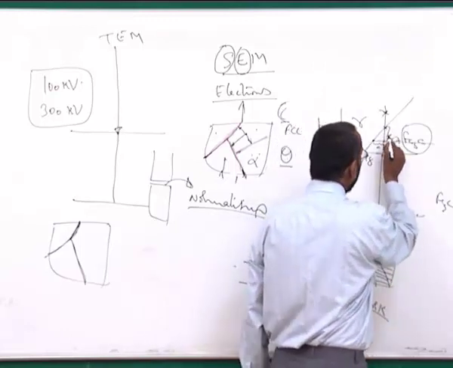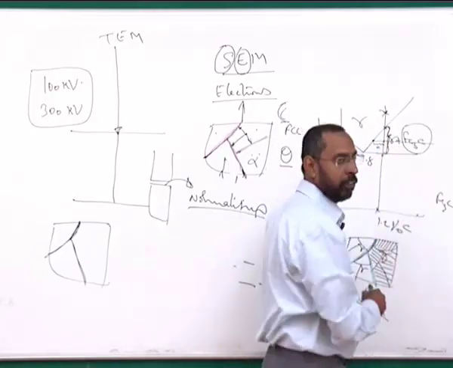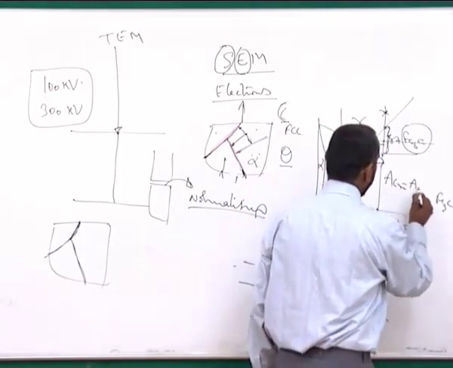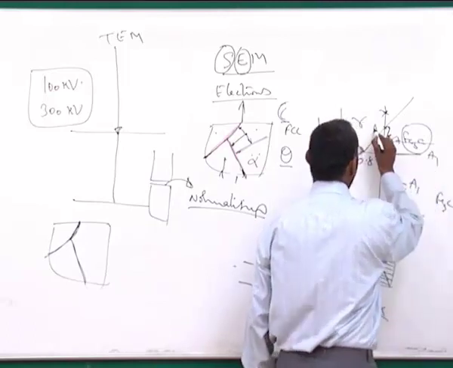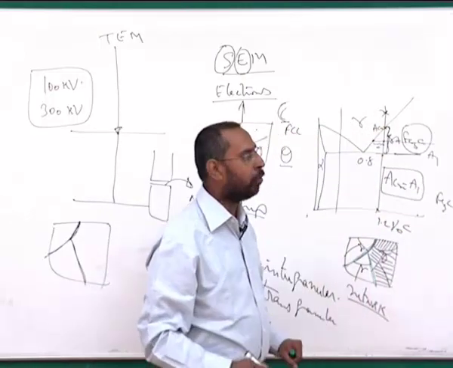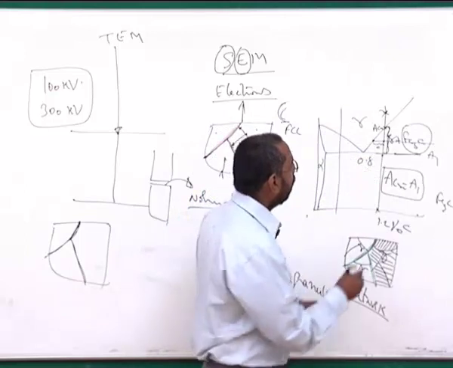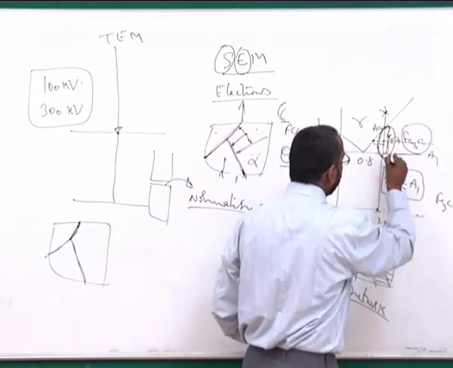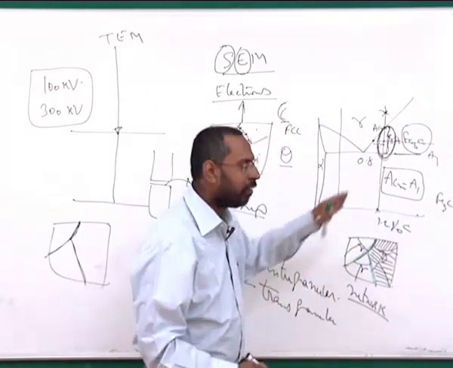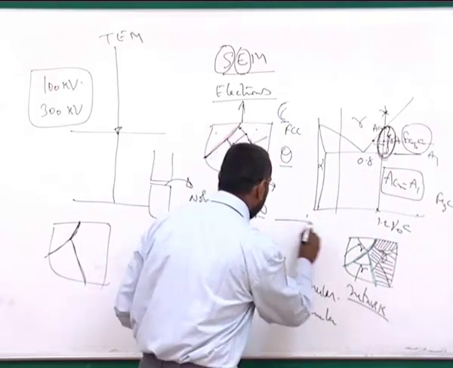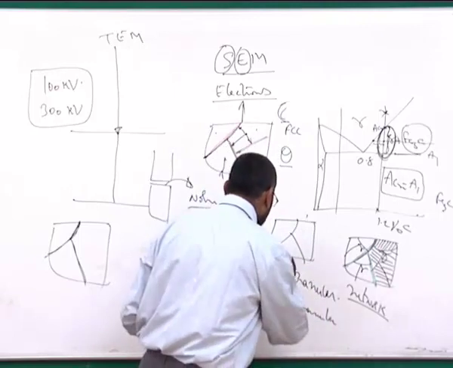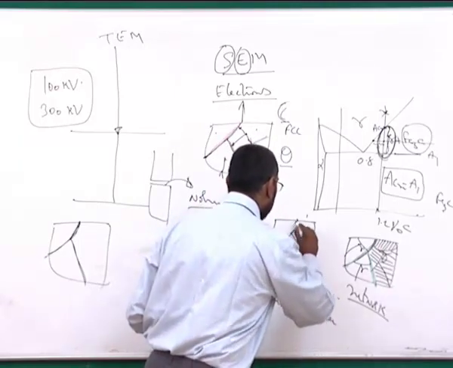is cementite precipitates in this temperature domain, which we call the intercritical domain, which is between ACM and A1. This is called the A1 temperature, this is called the ACM temperature. And this particular domain is where the cementite is nucleating and growing. If you cool it faster, the time that you are allowing for the cementite to precipitate in this domain is going to be smaller. As a result, cementite will not have a tendency to form a continuous network, and cementite will nucleate at the grain boundaries, no doubt about it, but that cementite will simply get confined to some discontinuous